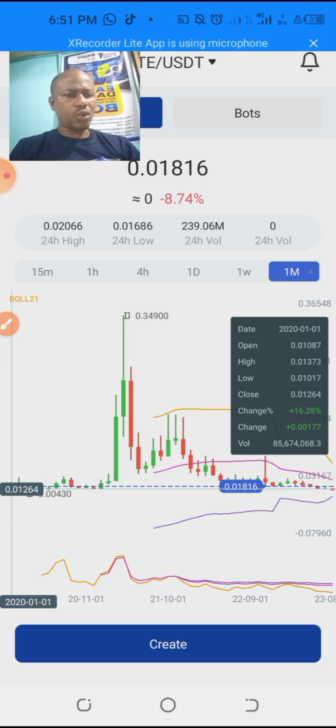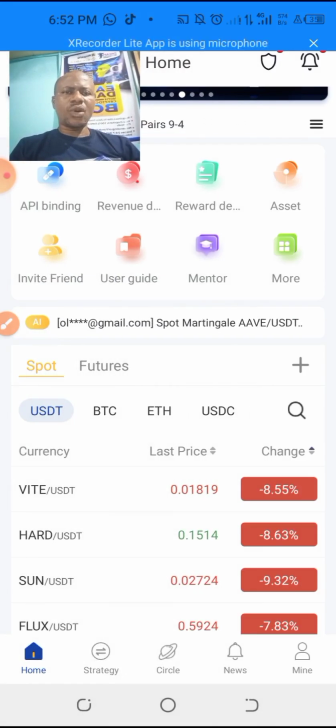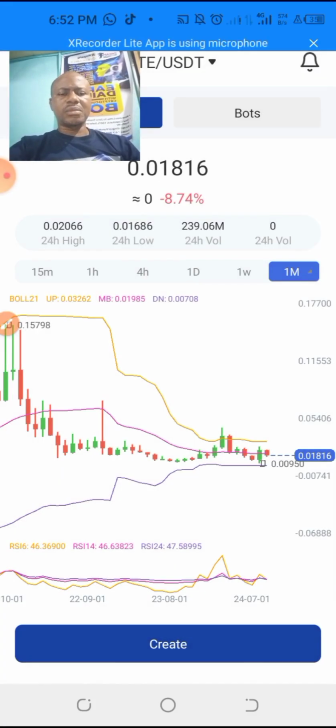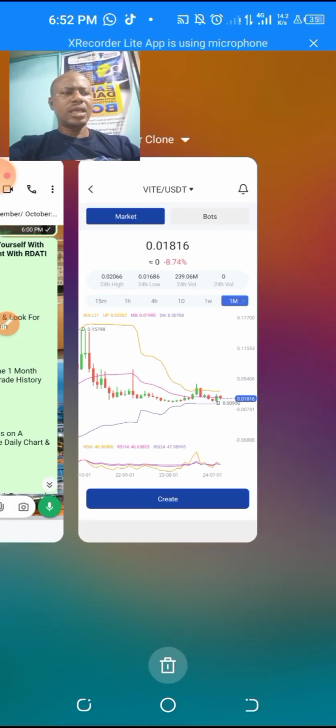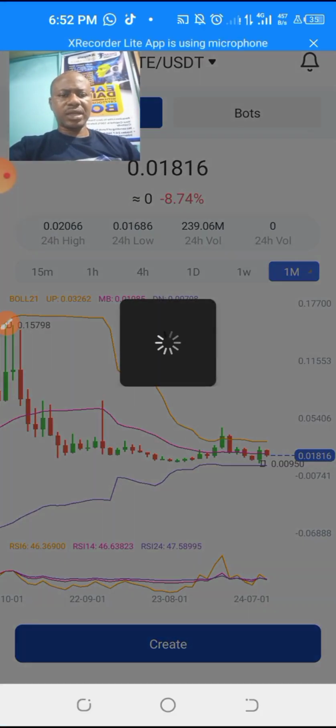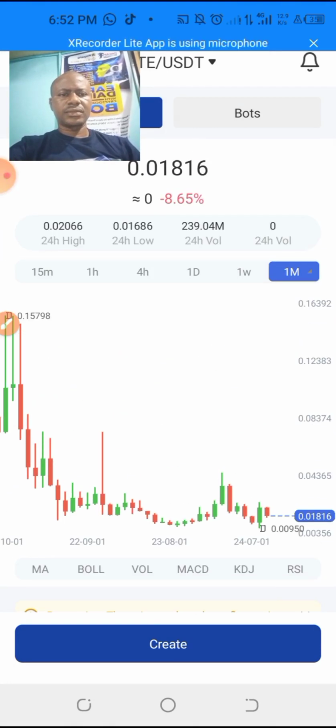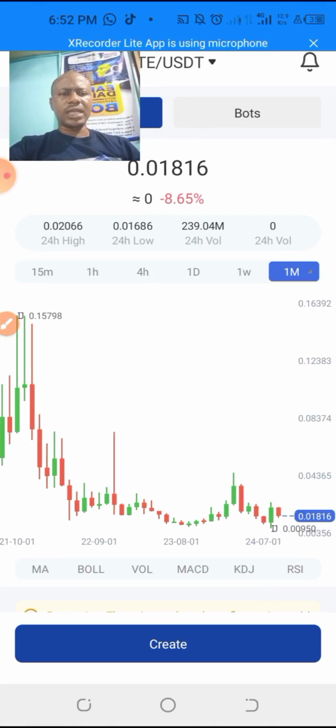So it's an old coin, and I can enter that coin if it follows my second criterion, which I will be showing. Let me first clear all this. When I check the 1 month chart, if I see that the coin is a long-time coin,